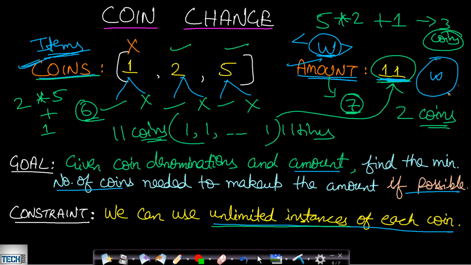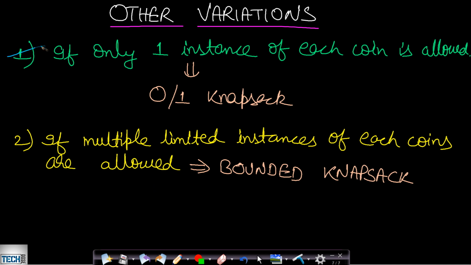We want to exactly fill up the entire bag and find out with how many minimum number of items we can fill the bag. So this is the same as the knapsack problem, and here only the number of instances will define what type of knapsack it will be. If the number of instances for each item is unlimited, then this will be unbounded knapsack. If it is more than one but limited, then it will be a bounded knapsack. Otherwise, if each item can be taken exactly once, that is it cannot be taken more than once, then it will be a 0-1 knapsack. So these are the variations.